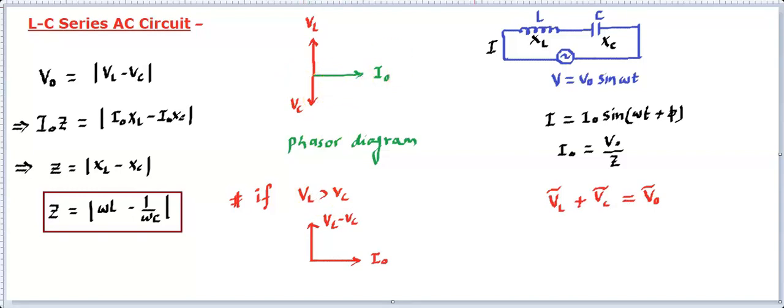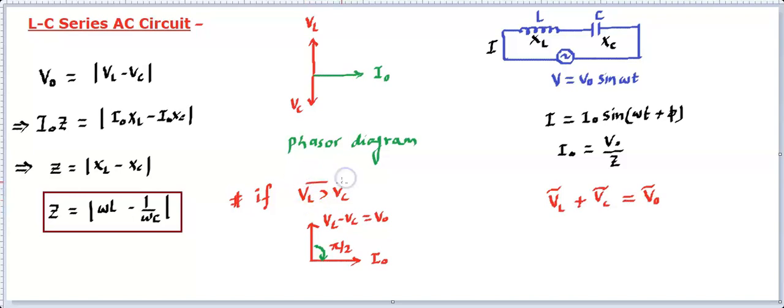Accordingly, phi will be varying. Now in this case, you'll find it's going to be like this. Current will be like this, downside. Now this VL minus VC, whatever we have written, this is basically V naught. So final voltage and final current are related like this. And you will find current is lagging behind by 90 degrees. So we will say current lags behind by 90 degrees, because inductive property is more, because VL is higher.